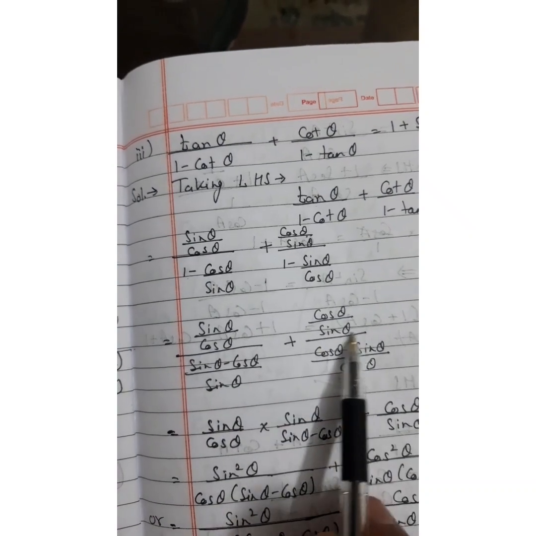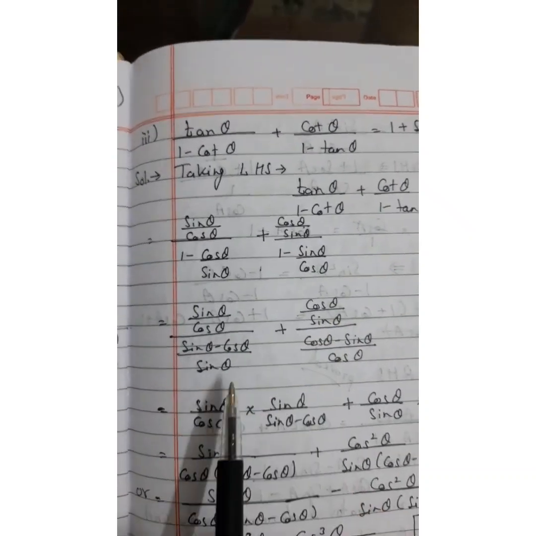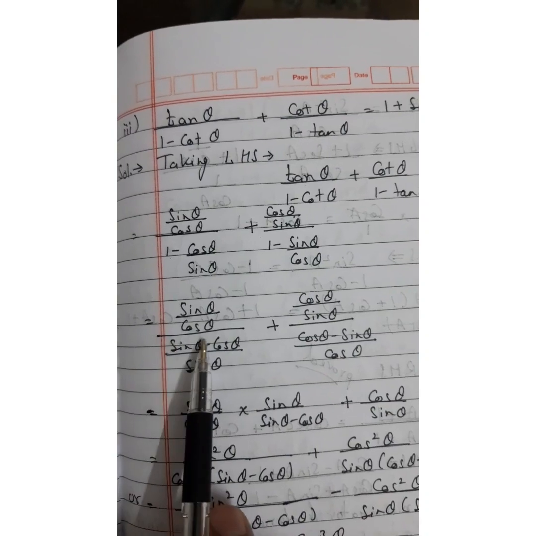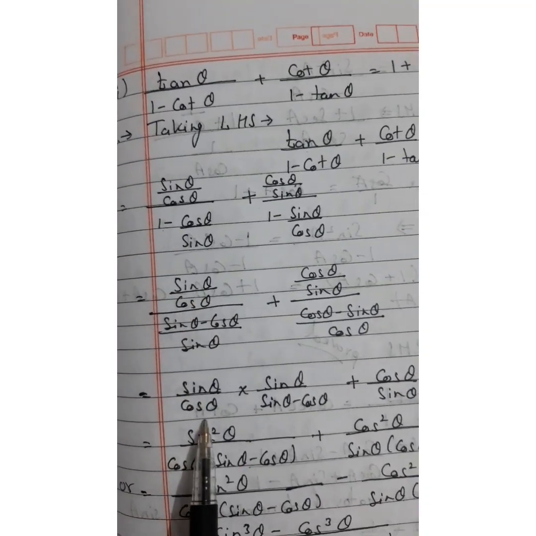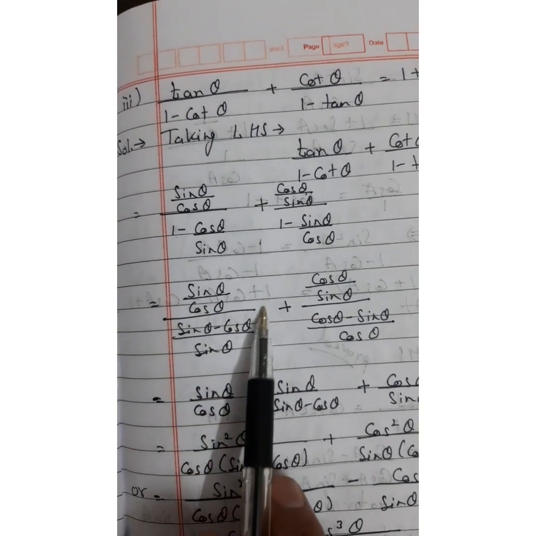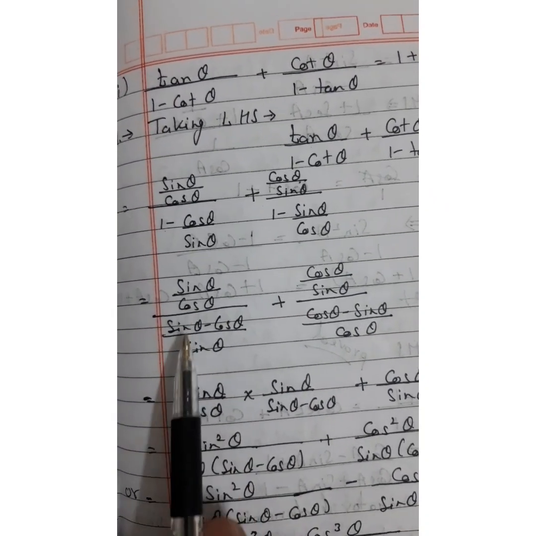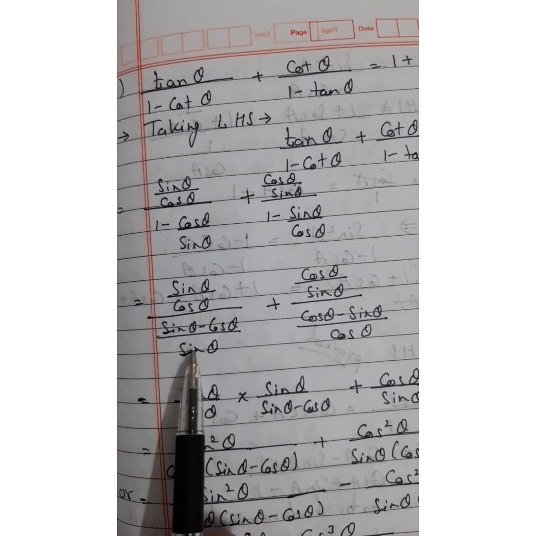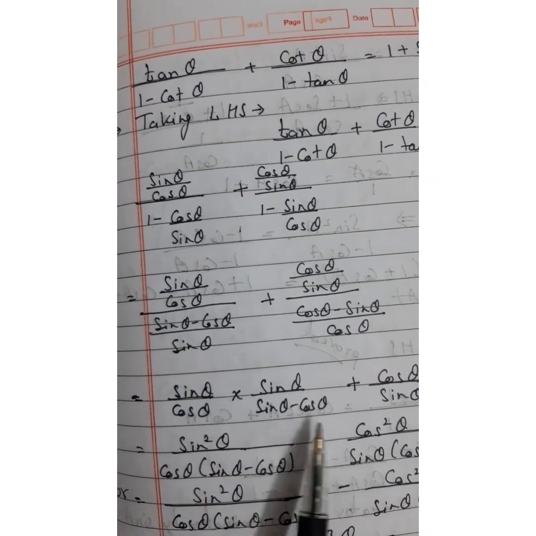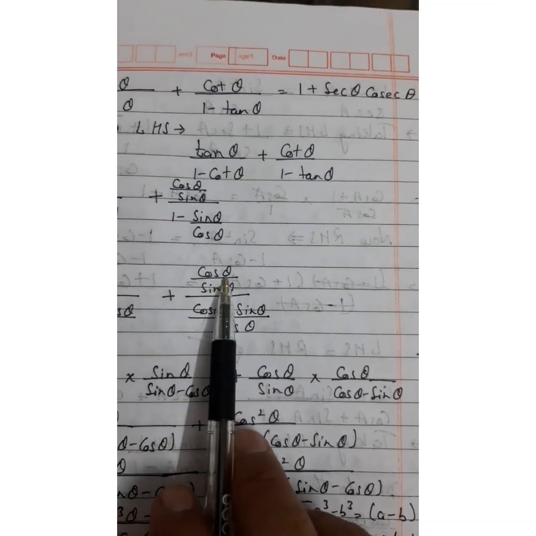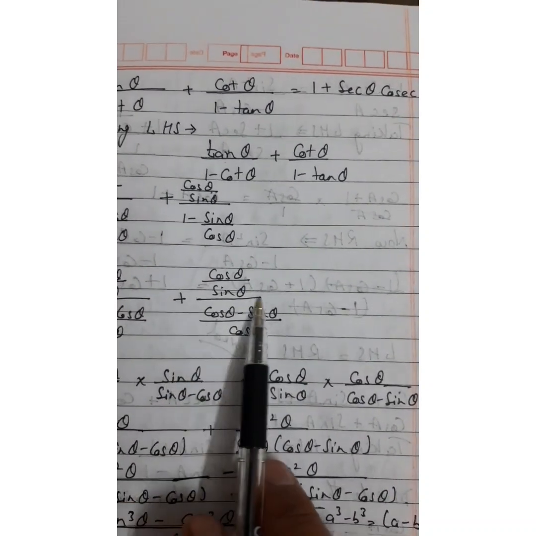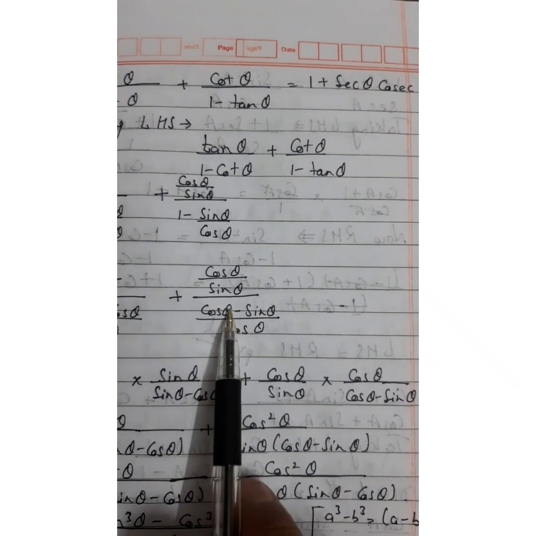Then we have to convert these two divisions into multiplication. And when we do this, we have to write the reciprocal. It means sin theta upon cos theta into, and then we have to invert this, writing the reciprocal, sin theta upon sin theta minus cos theta, like this. Plus the same thing we have to repeat here. This will remain the same. Convert this division sign into multiplication and write down the reciprocal,